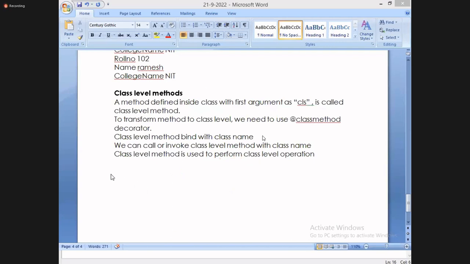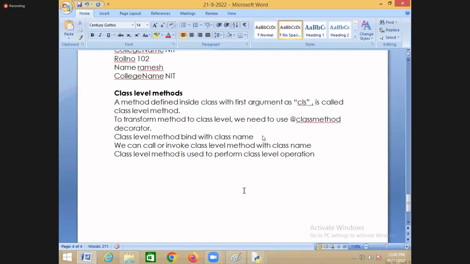So how to write this? We'll see with the example. What is the syntax? You are trying to use one decorator. What decorator are you using? @classmethod. The decorator